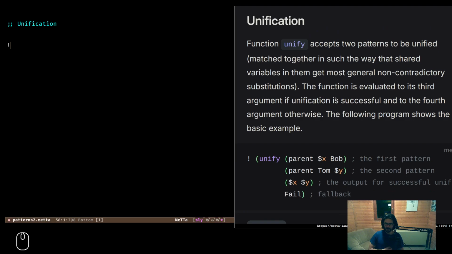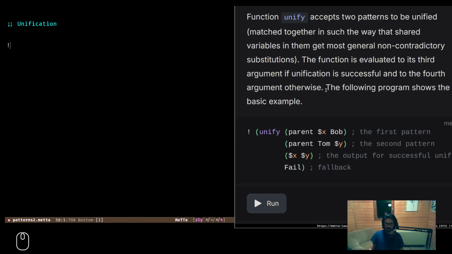The function is evaluated to its third argument if unification is successful. Okay, so unify takes 4 arguments. And this can also fail. This can succeed or fail. It's also interesting. And the fourth, if otherwise. The following program shows the basic